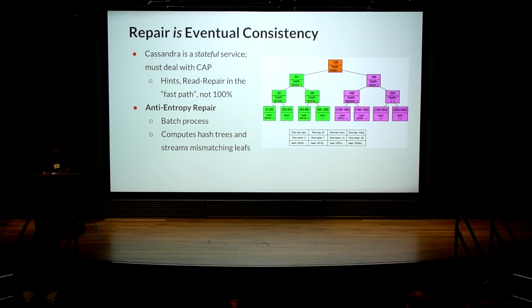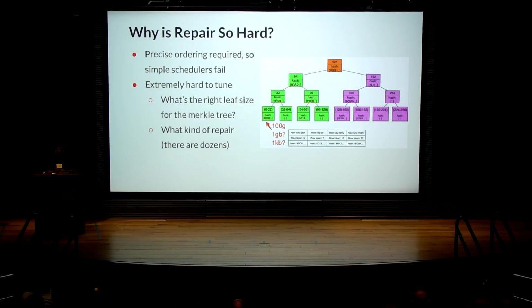So what does repair do? It reads the entire data from the disk, calculates the hash of it, and builds a Merkle tree on top of it, exchanges that Merkle tree with the peers, does a consistency check, and fixes any inconsistencies in the data. It seems like a simple process, but it's not actually that simple, because it is a heavy, resource-intensive operation involving a lot of disk I/O, a lot of network, and a lot of CPU.